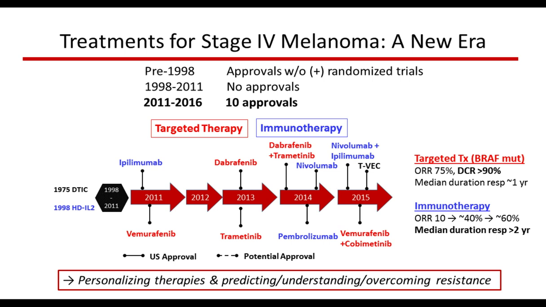In parallel, we've had the development of multiple new immune therapies, starting with ipilimumab in 2011, the approval of single-agent PD-1 antibodies, pembrolizumab and nivolumab, in 2014, and then most recently, the ipilimumab-nivolumab combination. These immunotherapies over time have been observed to be more and more effective, with response rates of 10% with ipilimumab, 40% with PD-1 antibodies, and almost 60% with the combinations.